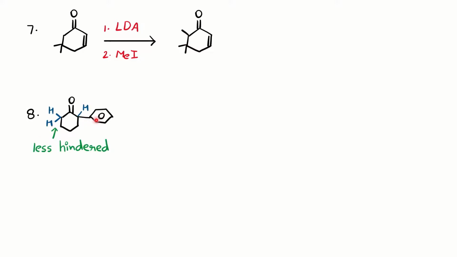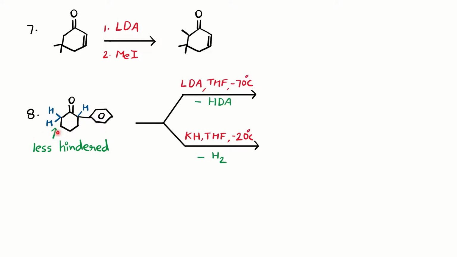Now in this structure you can notice that at one alpha position you have the aromatic ring, but you have one more hydrogen here on the other side, which is free. As we know, LDA being a bulky base, it always attacks from the less hindered side, and you can notice this is the less hindered side. So we can assume two conditions. First, LDA in the presence of THF, tetrahydrofuran, as solvent at minus 70 degrees centigrade, lowering the temperature. The other condition we will also see.